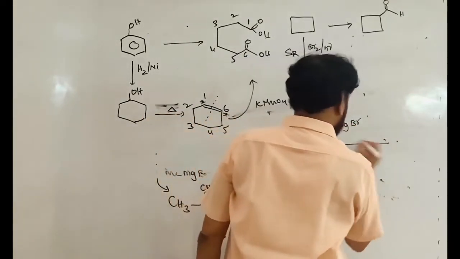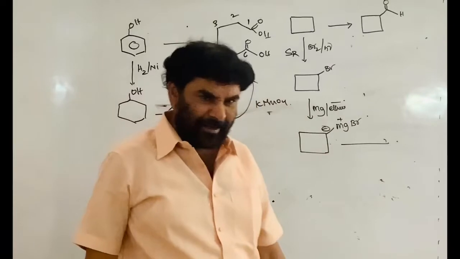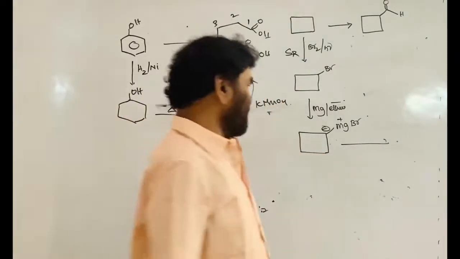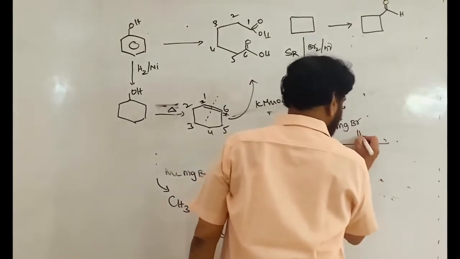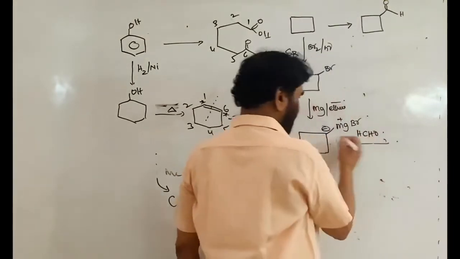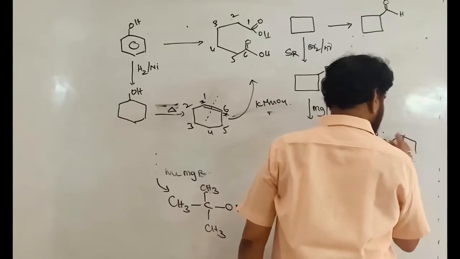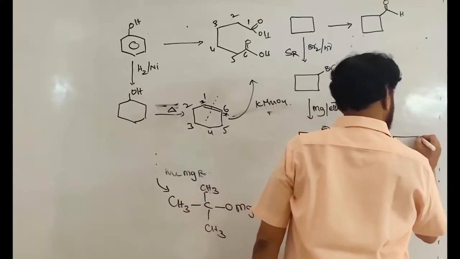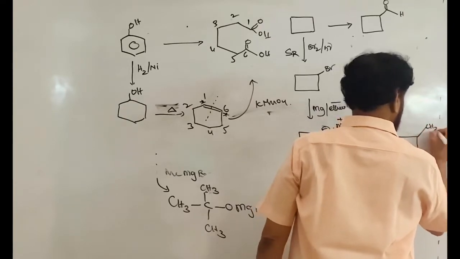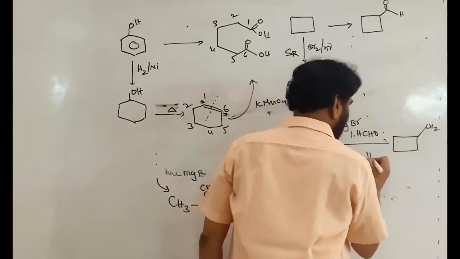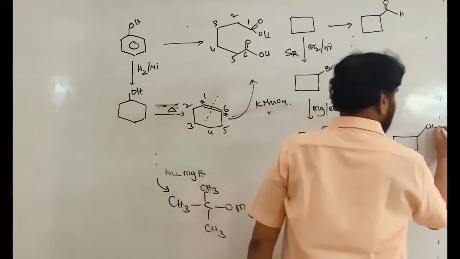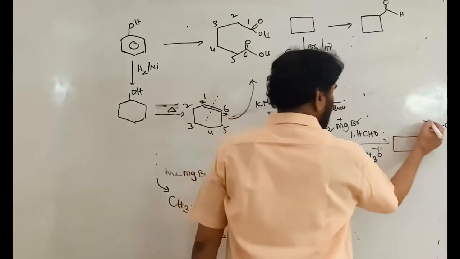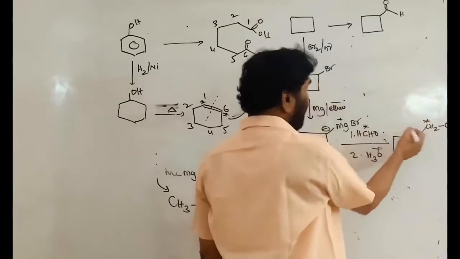Now, to increase the one carbon atom on the R part of the Grignard reagent, formaldehyde is the best reagent. This is treated with the CHO, then it is converted into this, formaldehyde followed by hydrolysis. Two steps. I am writing alcohol. So this is the carbon in the form of formaldehyde introduced.